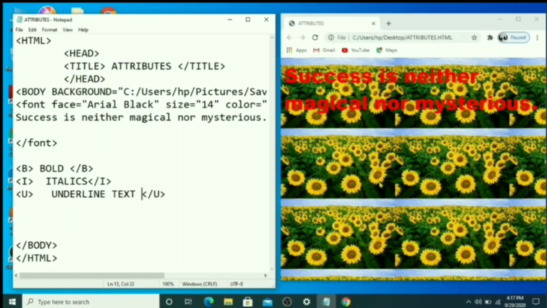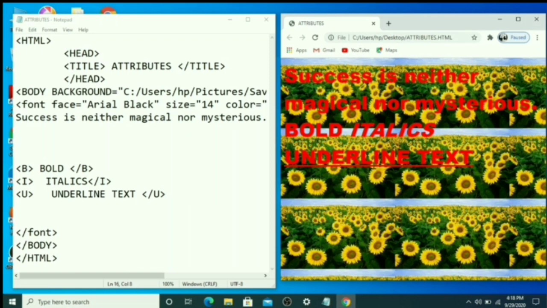Okay, just save your file and press F5. So now it is very small, it is not visible properly, so we give this font tag at last. Now you save. Okay, now you can see it's bold, italics, underline text.